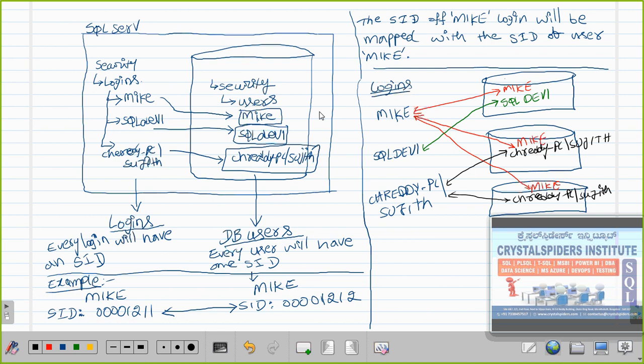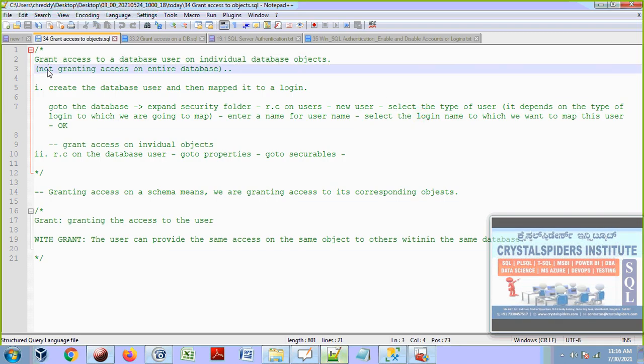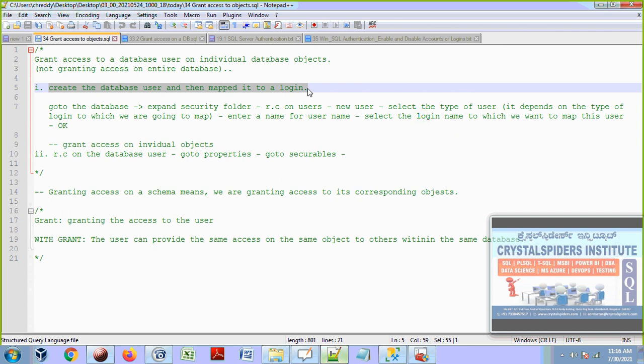So what am I going to do? If I want to grant access at the individual object level, I am going to go to these users in the database. Whichever user is mapped to that login, I will go to that user, and grant access only on specific objects. So now, guys, we are going to see that. So how do we grant? Not granting the access on the entire database, granting access on individual database objects. First, how do you do this? Create the database user, then map that